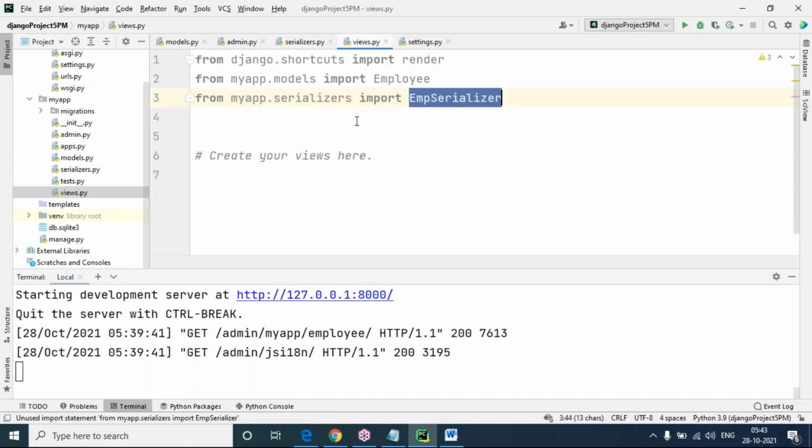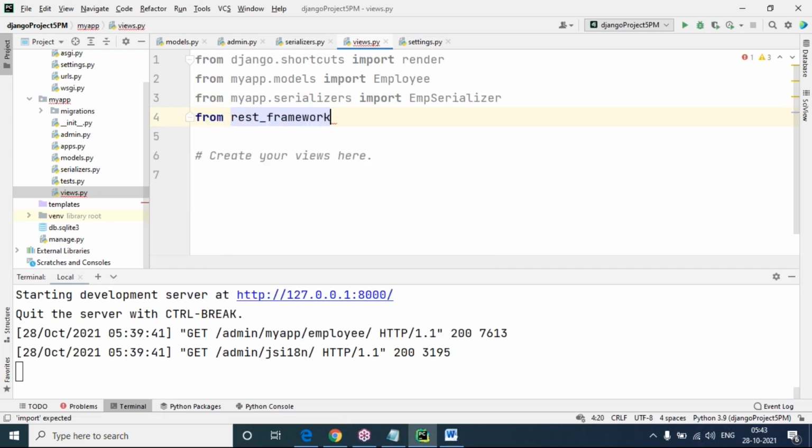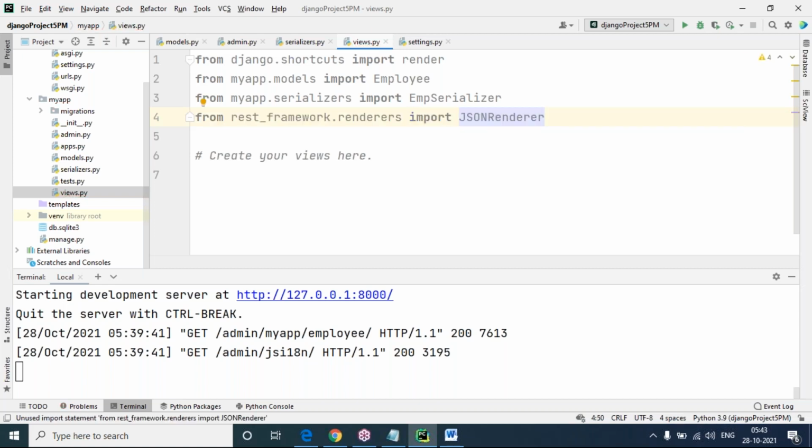Then next, from rest_framework.renderers import JSONRenderer. This I'm going to use.